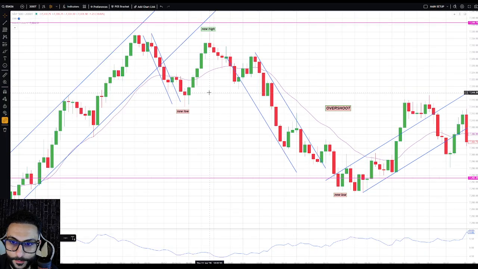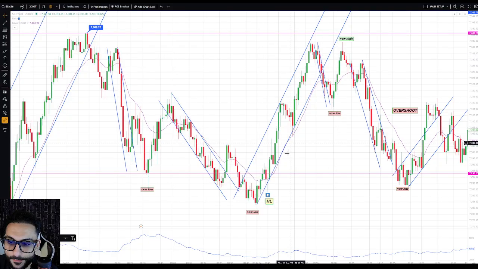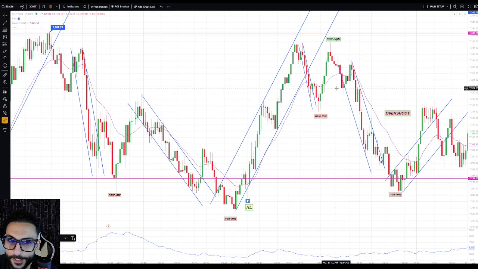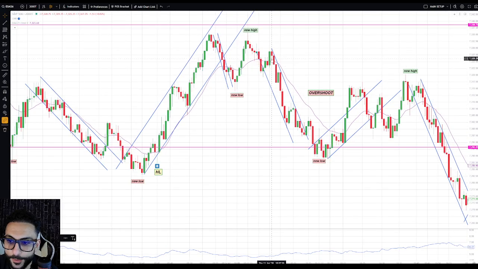Now, this bigger uptrend didn't make a new high, but sometimes an attempt is enough, and especially because of this big uptrend, it broke and made a new high. I was still waiting. Maybe bulls are gonna attempt to make a new high for the bigger uptrend. So this is an area where I just waited it out,